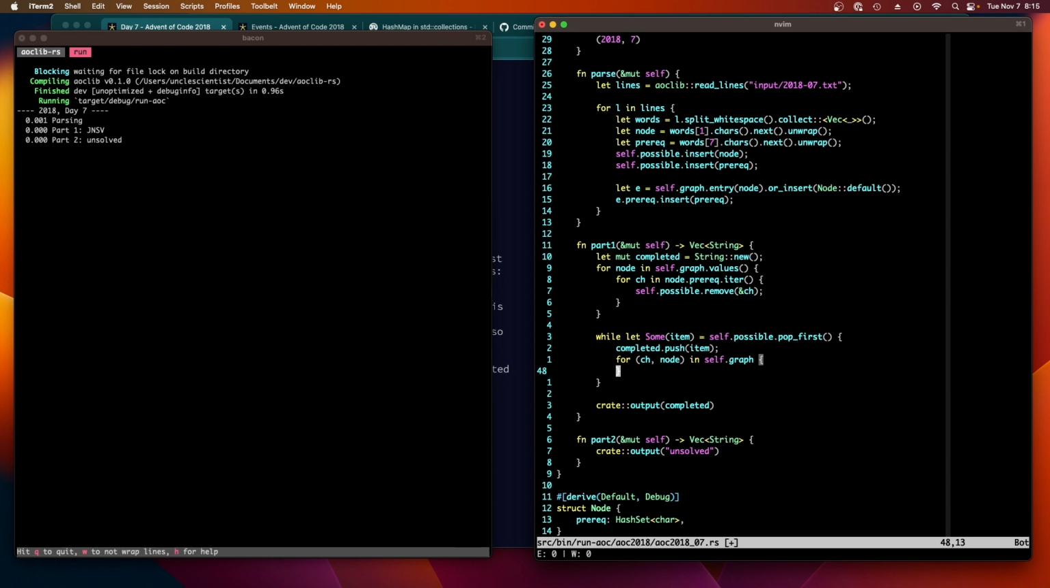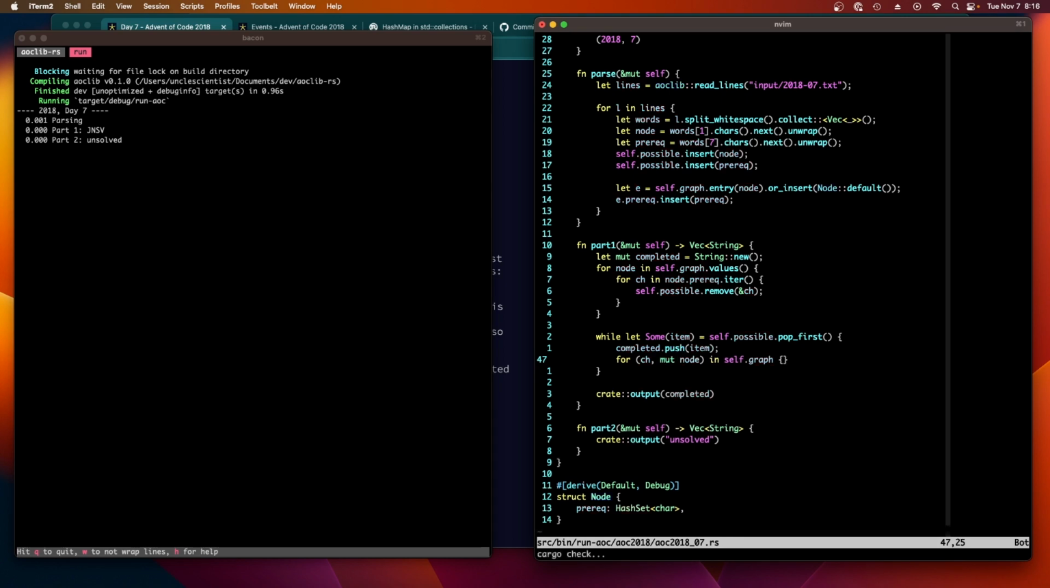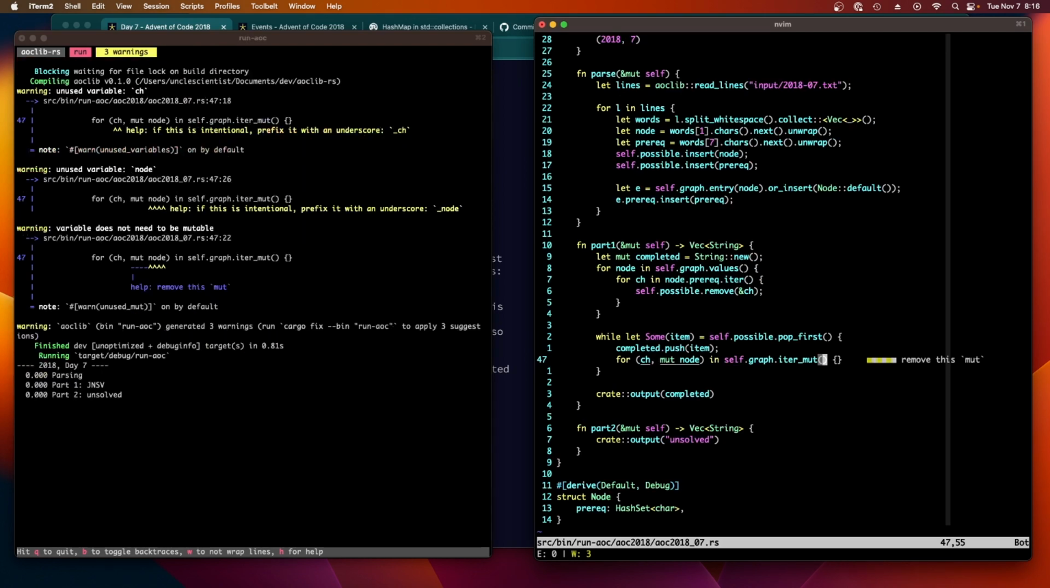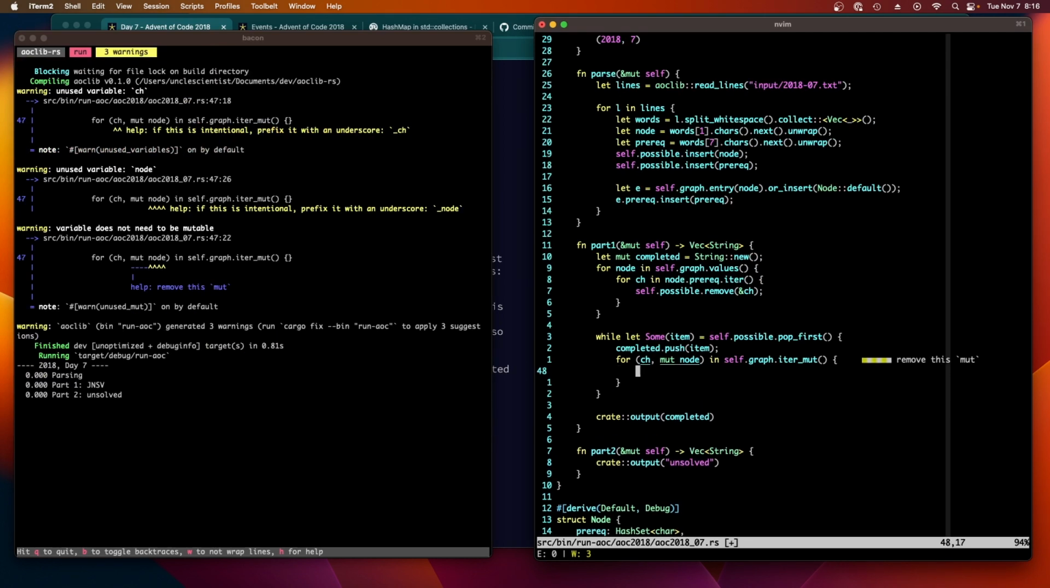How's that going to work? We should be able to modify node. Can I do that? Will it let me do that? Self graph iter mute. Can I do that? And then we want to say if